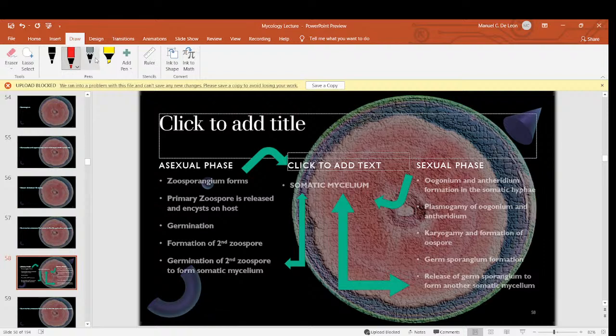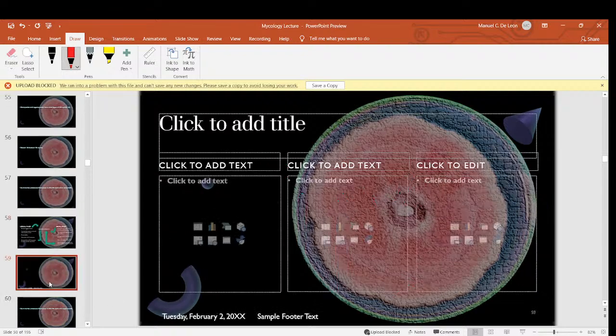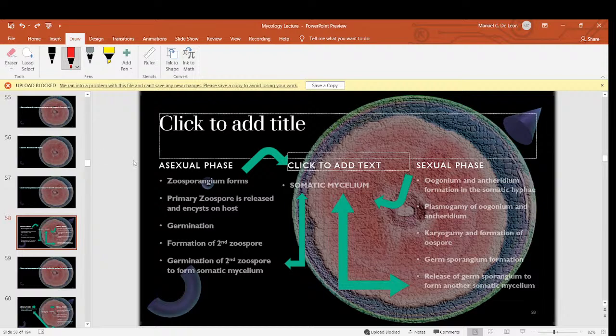Come on, pencil. Let me make a copy of this one, and then let's see if I can write. I can't write. No, I can't write on it. Anyway, let's try with Paint. I think Paint will be better for you guys to understand what the heck I'm talking about.